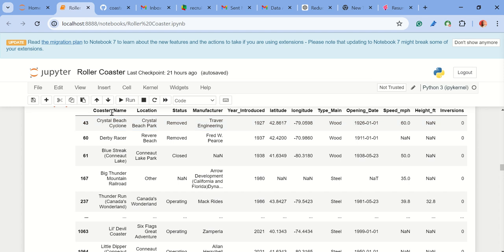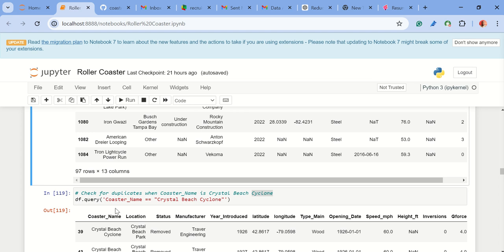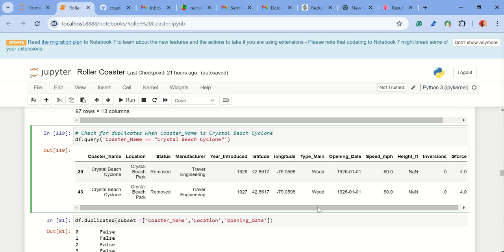We choose the coaster name, so we want to focus on any of the coaster names. So we use the Crystal Beach Cyclone. By using the query function, df.query, the coaster name is Crystal Beach Cyclone, in double quotes. By doing that, it returns two records for the Crystal Beach Cyclone